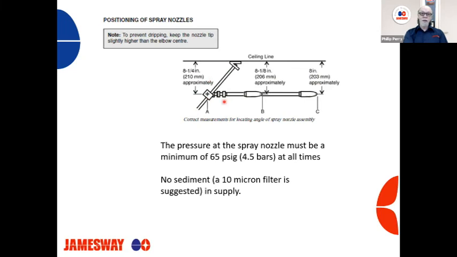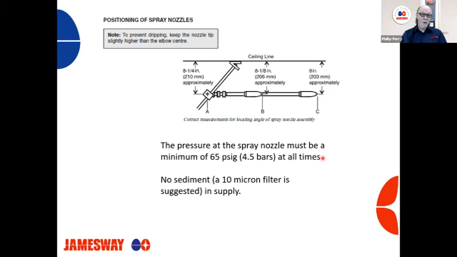So when you take this measurement, always make sure that this measurement is correct when you take these other two. The pressure at the spray nozzle must be a minimum of 65 psi at all times. I've been asked, how high can it be? I've seen it up to 100 psi. I don't really think it makes a whole lot of difference. The main concern is that we're getting the droplets atomized by 65